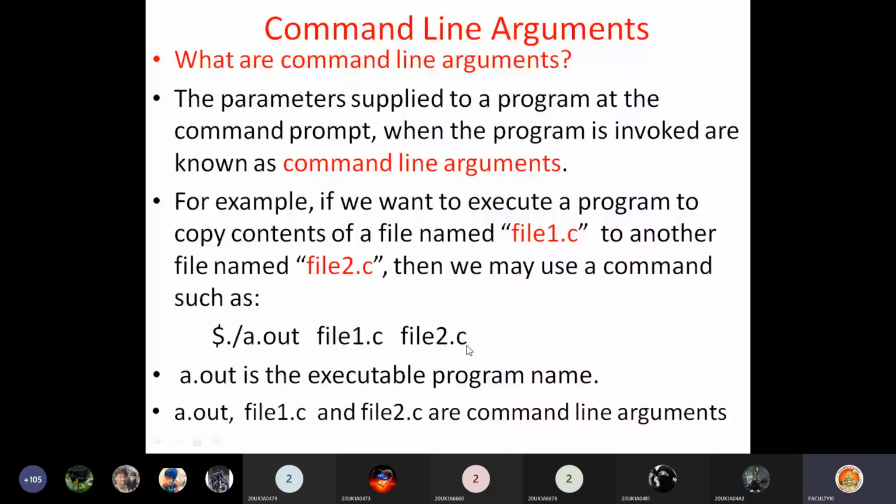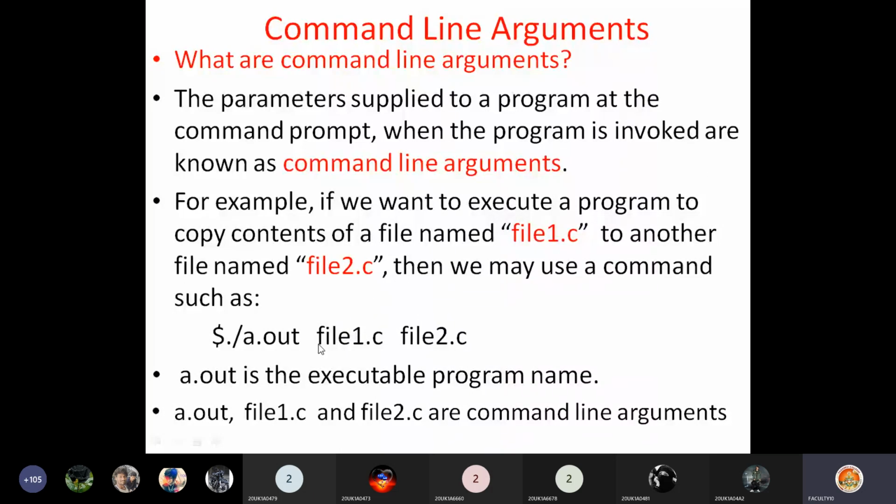So I give the arguments at the command prompt like this: ./a.out file1.c file2.c. Here a.out is your executed program name, and file1.c and file2.c are command line arguments. Your program reads these command line arguments, takes the file names from the command prompt, and copies file1.c contents into file2.c.